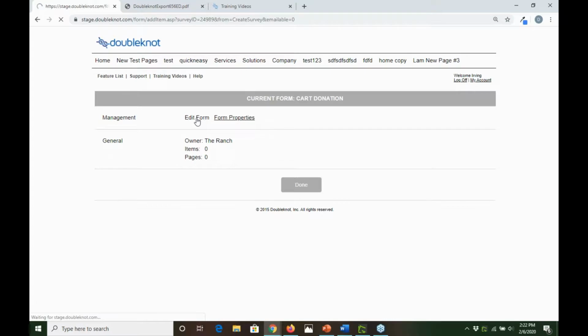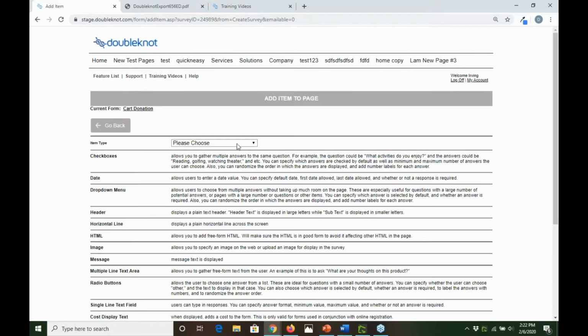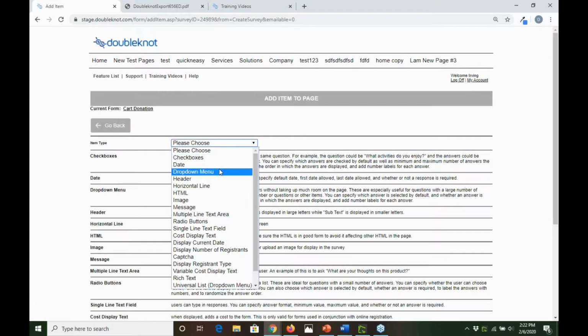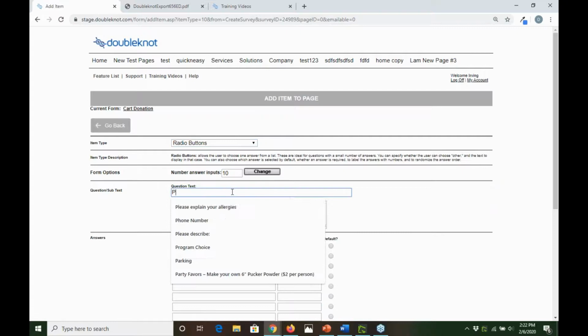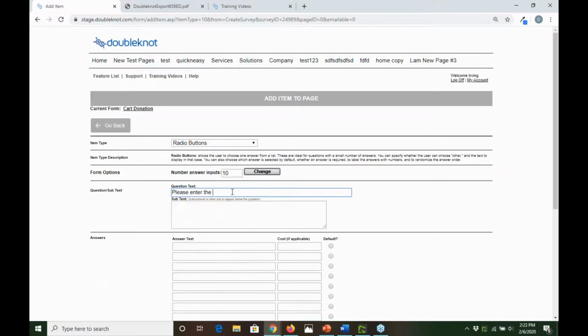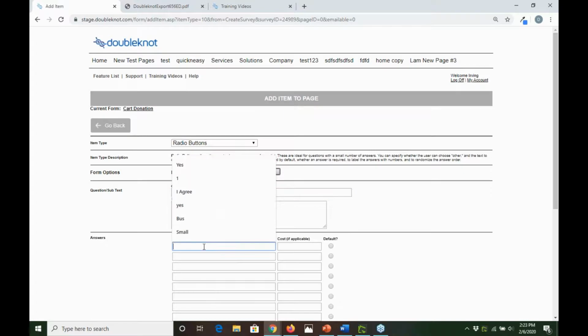Under edit form, we're going to give them radio buttons here. And we'll say, you know, like level 1,